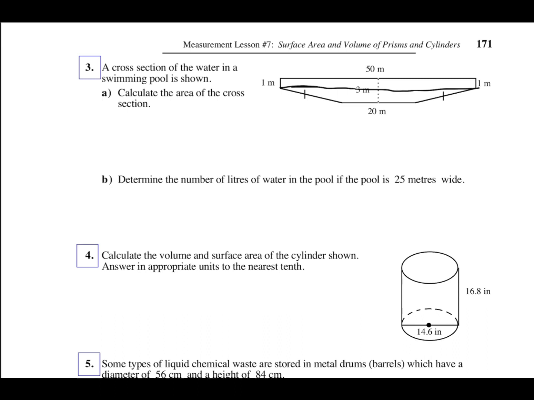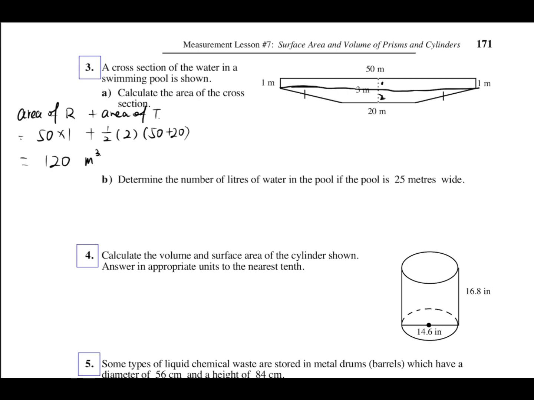One is a rectangle and the other part is a trapezoid. So it's the area of the rectangle plus the area of the trapezoid. It's 50 times 1 plus, if you remember, the formula is 1/2 times the height, so this is 1 and this is 2, times the top plus bottom, so it's 50 plus 20. Answer is